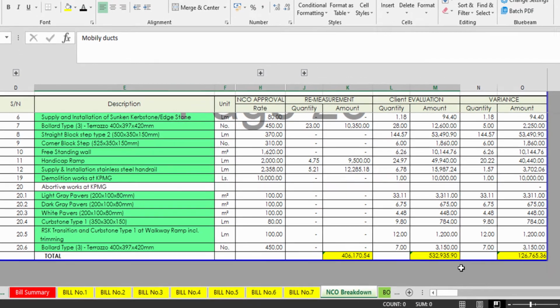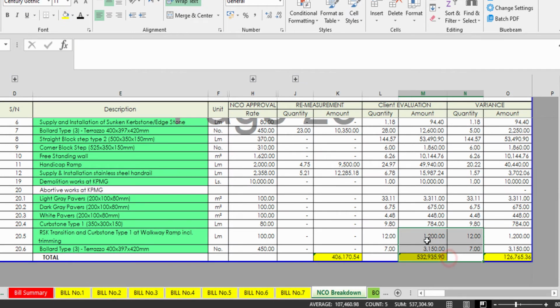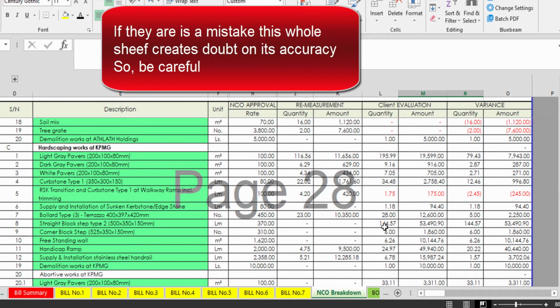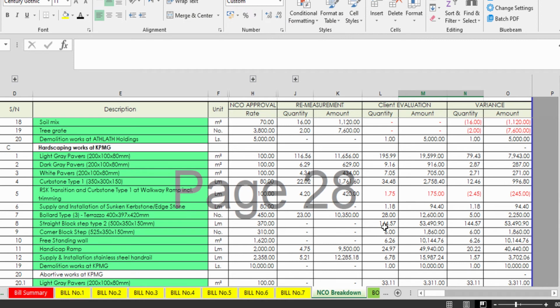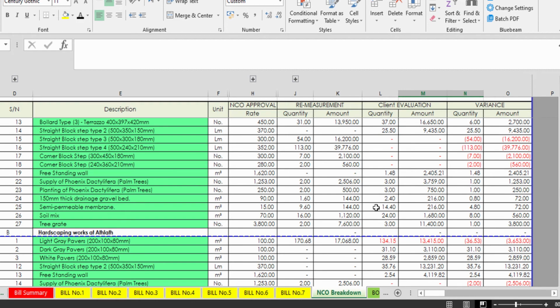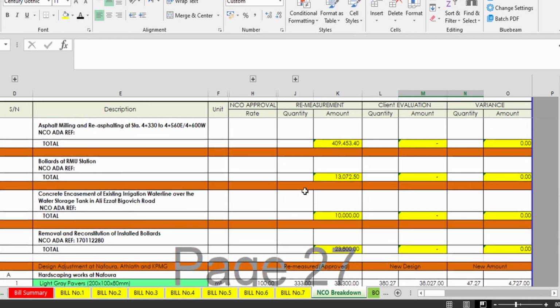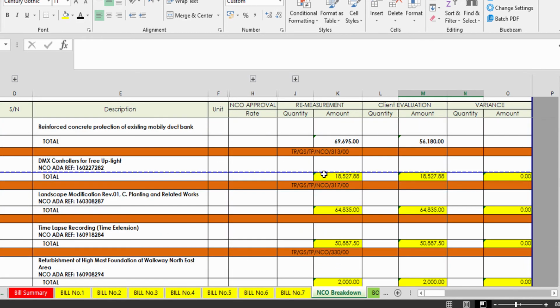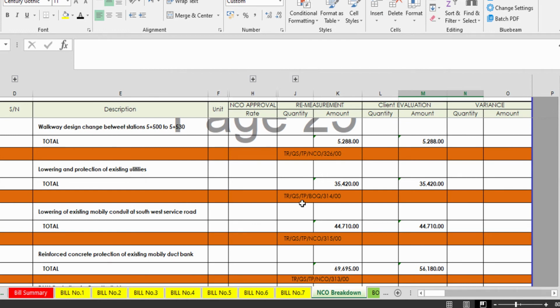But if there is a mistake, this whole figure will come under doubt. So you need to be very focused and very clear, and keep updating it on a daily basis, so that there are no differences. If there are differences, the purpose of this sheet will fail, and it will cost you all around the project.